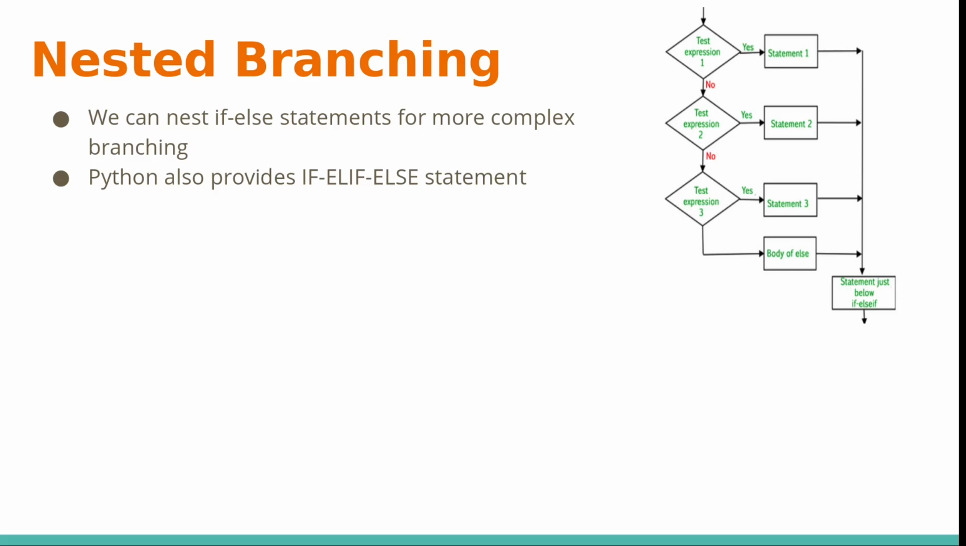Of course, you can put if statements within if statements and else statements, and you can create more complex branching. This type of branching is called nesting. Python also provides you with another tool called the if-elif-else statement. What if-elif-else does is it allows you to put multiple conditions using elif, and then the last condition is